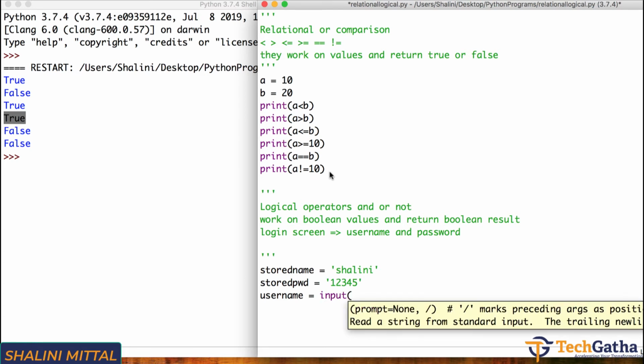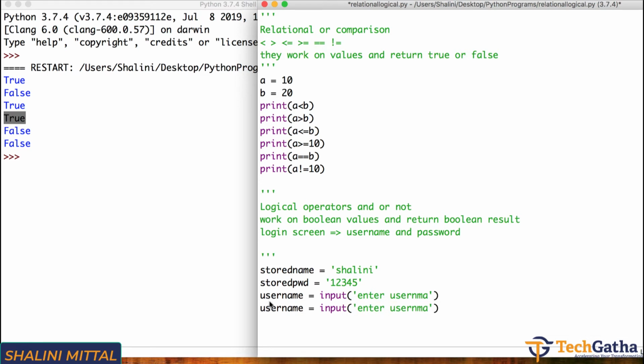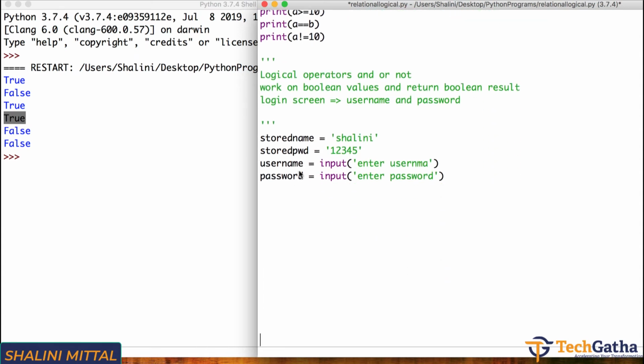Now I will ask the user to enter the username for logging in. So again we'll say input, enter username, and same way password, enter password. Now what we have to do is check if the username entered by the user is equal to the stored name, Shalini, and if the password that the user enters also equals the stored value, this is and.